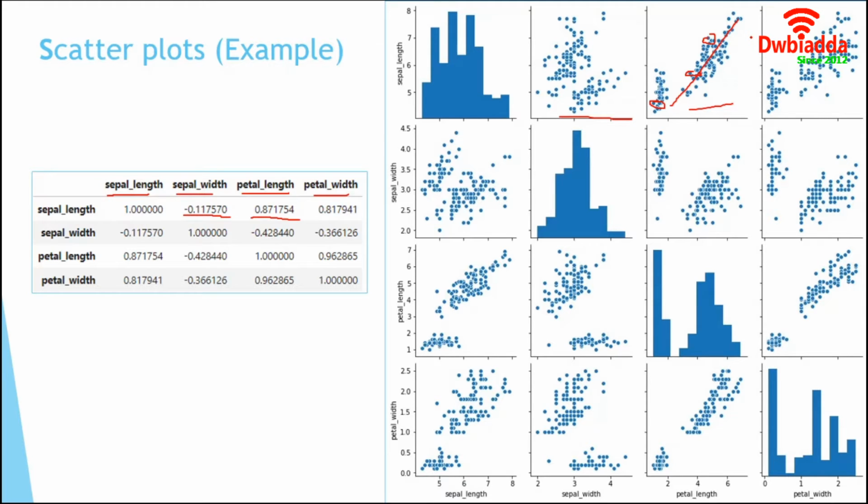Let's check it with another one. For this sepal width versus petal length, let's consider a few points. Suppose this one, and this one. With the increase of x, our y value is decreasing. So they have negative correlation. Now consider this straight line. The points are very much scattered, so the correlation value should be low. We can check it from our value table. The relationship between petal length and sepal width is -0.428440. So scatter plot is a visual representation from where we can understand the relationship between variables quite easily.